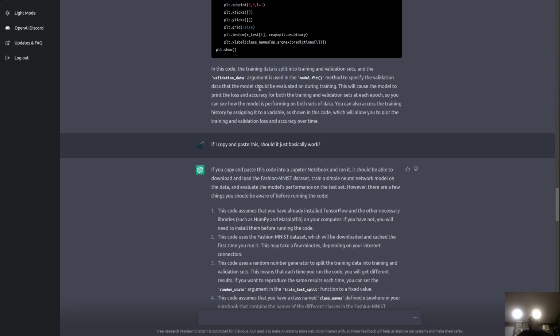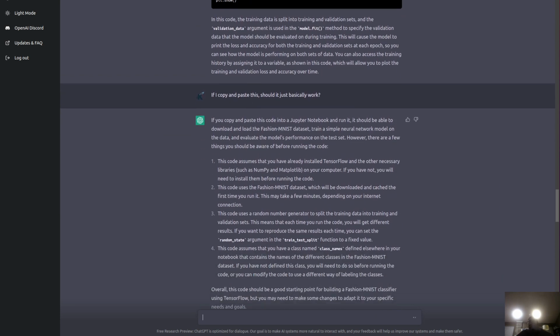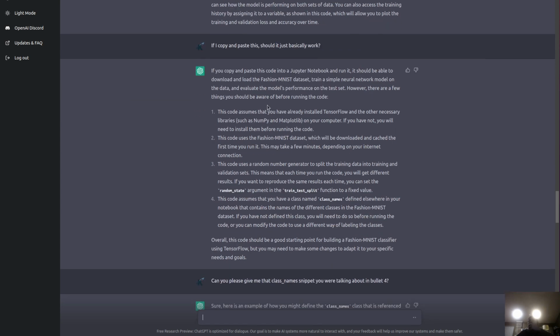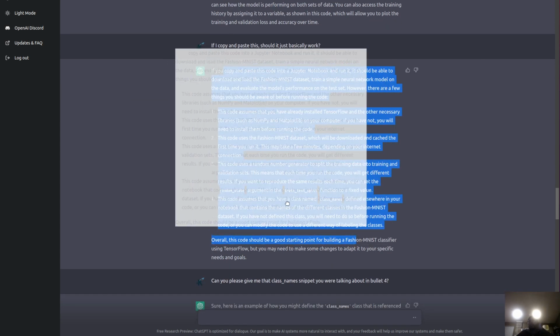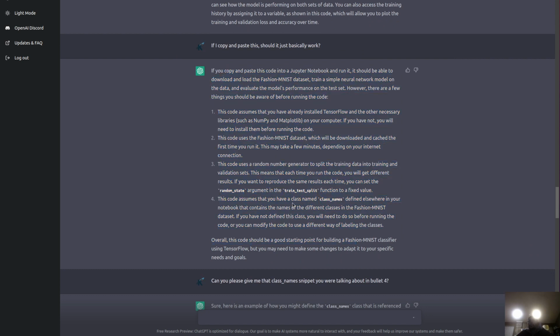And here, validation, this will cause the model to print the loss and accuracy. Training history, assigning to a variable. But yeah, this is what was nuts. It knew that sometimes I've got a Logitech mouse and sometimes it likes to double click. But it knew that it would need class names.